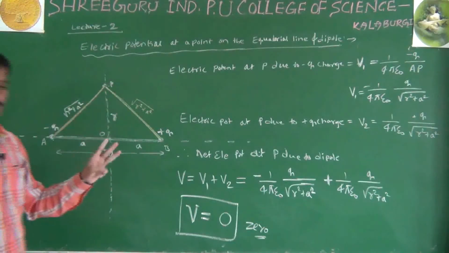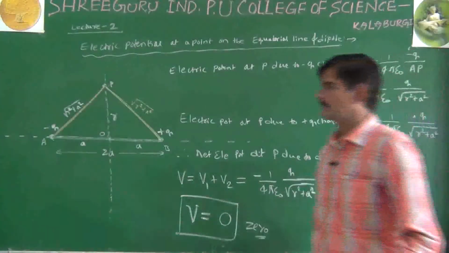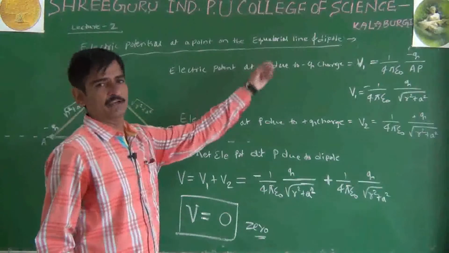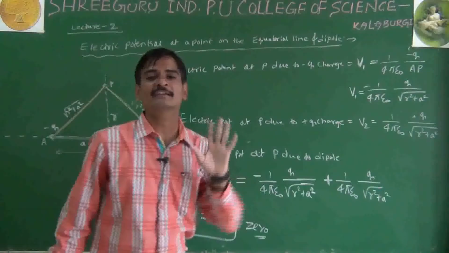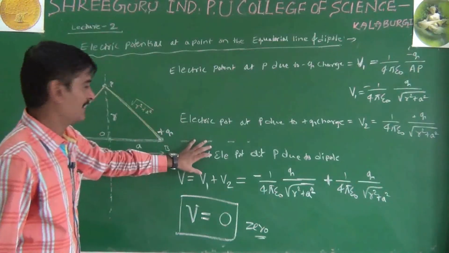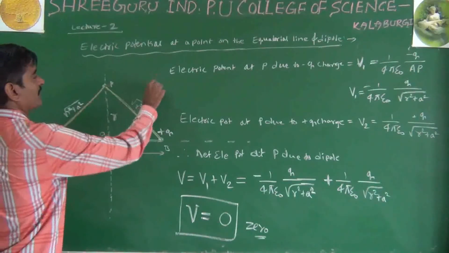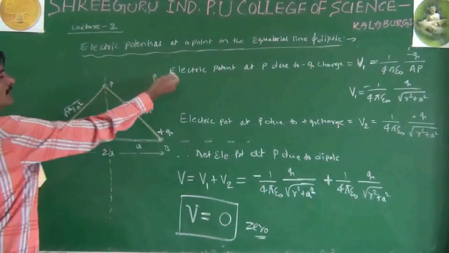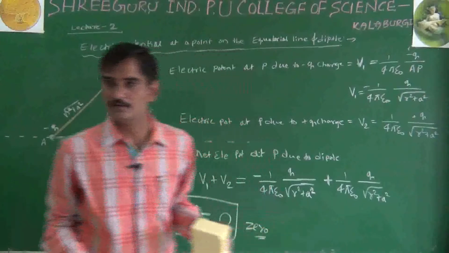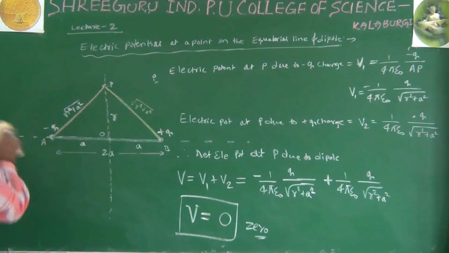So that was the derivation of electric potential at a point on the equatorial line. Now the third derivation. Only the third derivation is enough; just for your understanding, I did all three. So now I will do the electric potential at a general point, at any point due to an electric dipole. Not on the equatorial line, not on the axial line, neither on the equatorial line nor on the axial line. Point P I will take anywhere else and I will derive the electric potential. So that derivation we will do now.